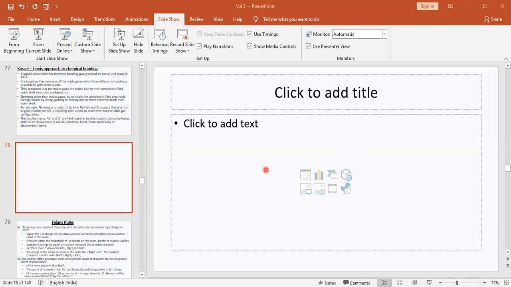So how to calculate the formal charge of an atom? Formal charge will be calculated by Nv minus Nl plus Nb by 2. Okay, so here the term Nv refers to the valence electrons and Nl refers to the lone pair of electrons. Nb refers to the number of electrons present in the bonds. Okay, so now we'll take